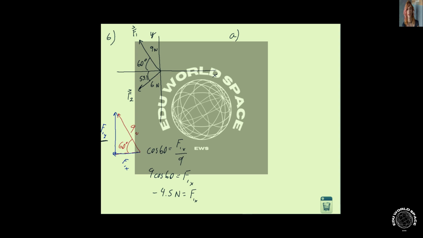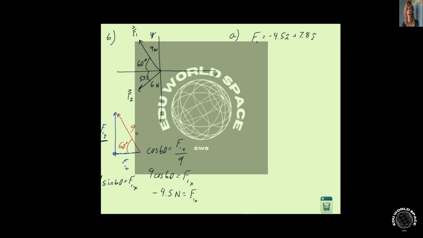Doing something similar for the y component here, this is the side opposite of the angle, so we're looking at hypotenuse times the sine of 60 degrees is going to give us F1 in the y direction. So throwing that into the calculator, we get 7.8, and it's pointing in the positive direction. So let's go ahead and write those in component form. We have F1 is equal to negative 4.5 in the x direction plus 7.8